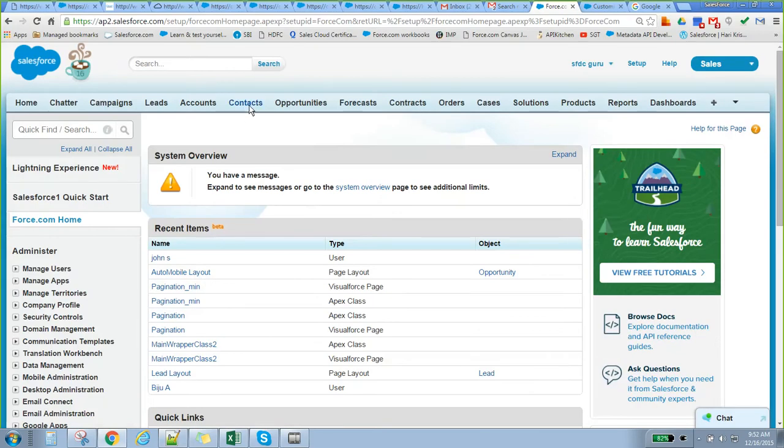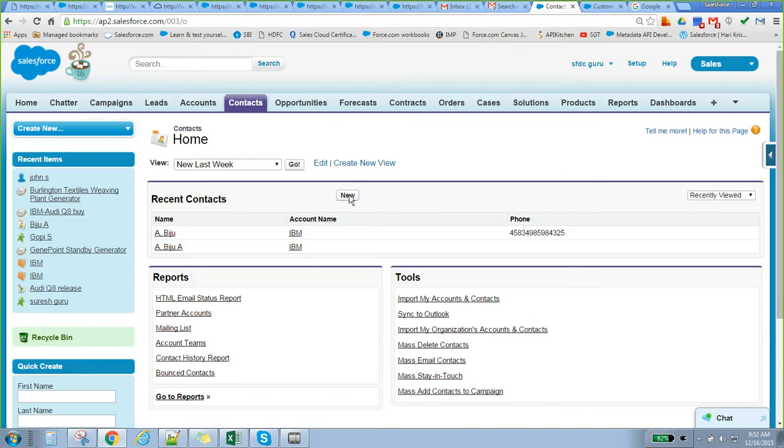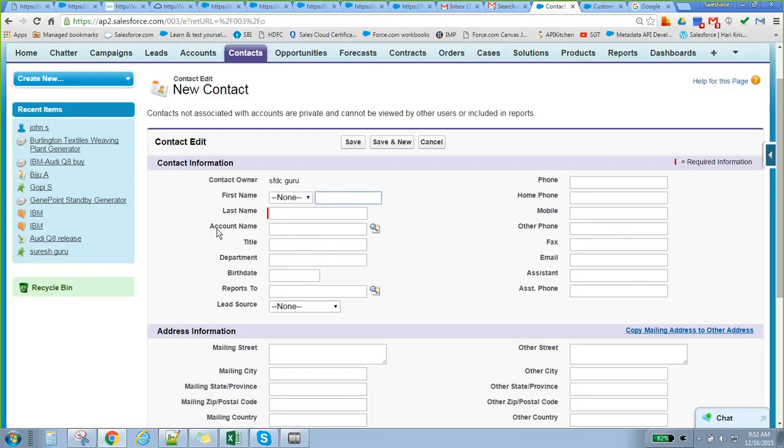If you go to Contact and create a new contact, Account is being asked for here, right? That is nothing but a lookup. So what is a lookup relationship? A lookup relationship is where a child table refers to the parent table. Whenever you create a child record, some parent record is referenced, whether it is an account, an opportunity, a campaign, or whatever it may be. That is what we call a lookup relationship.